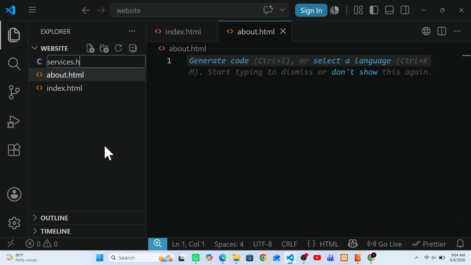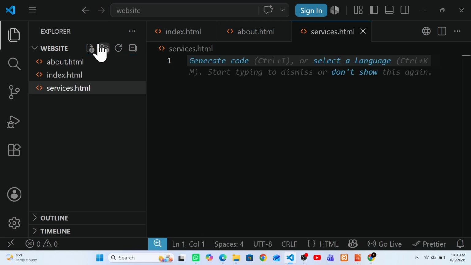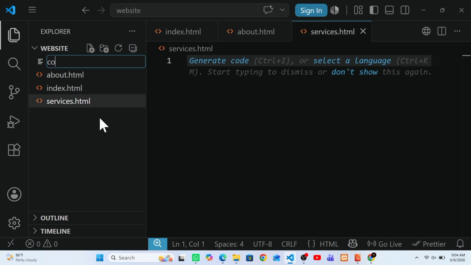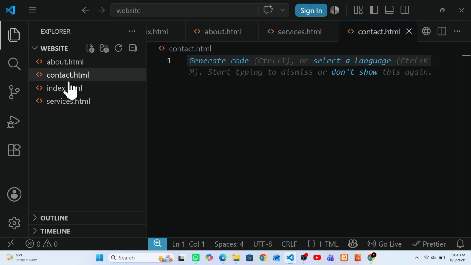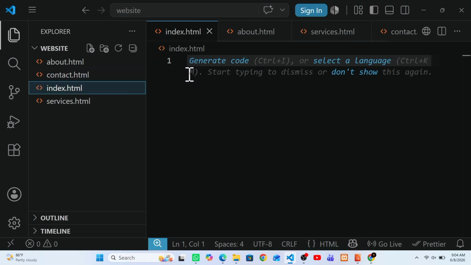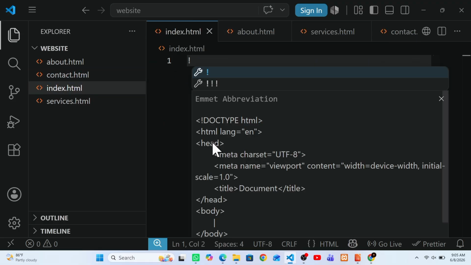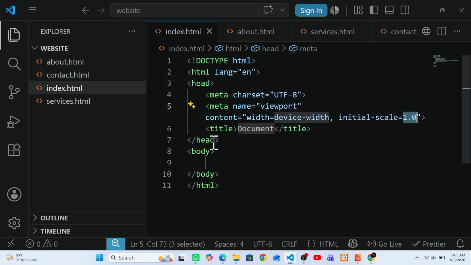We will also add a heading, a paragraph and an image to each page. Now I'm going to create the last file, that is contact.html. Now let's start with our home page. Inside index.html I am going to add a heading, a paragraph and an image. Now I generate a boilerplate here and now I will change the title. Here I will give it a title home and now I will move toward body tag.